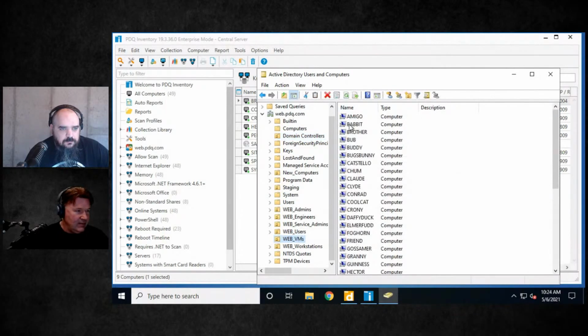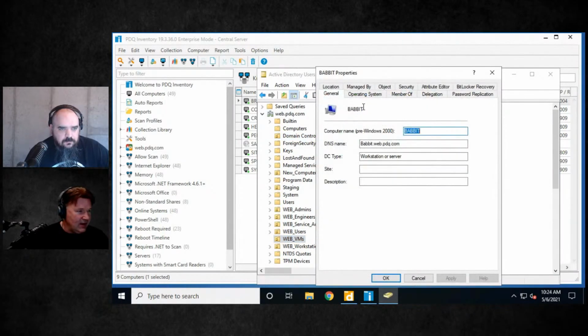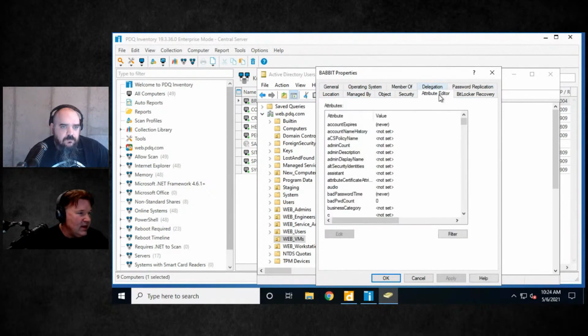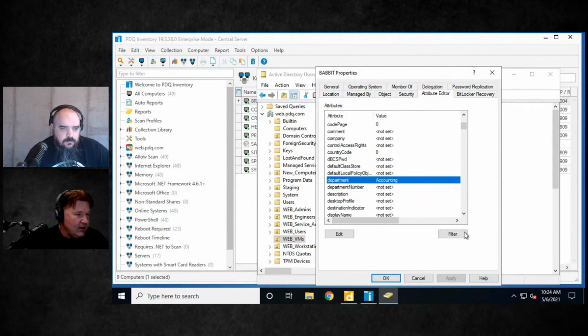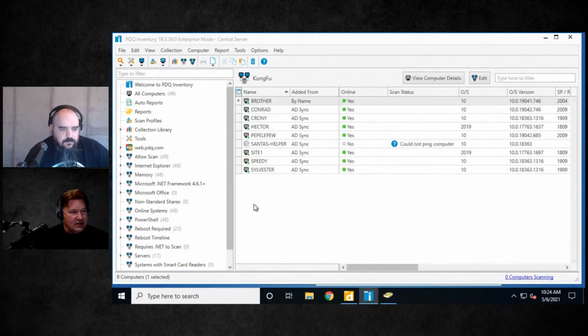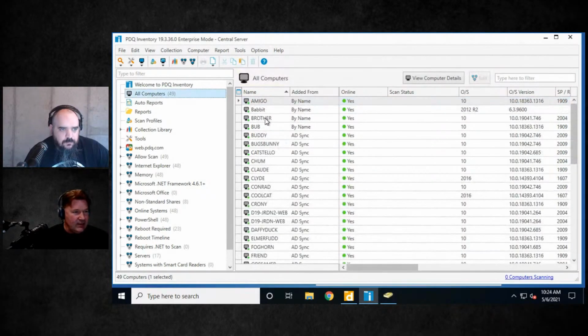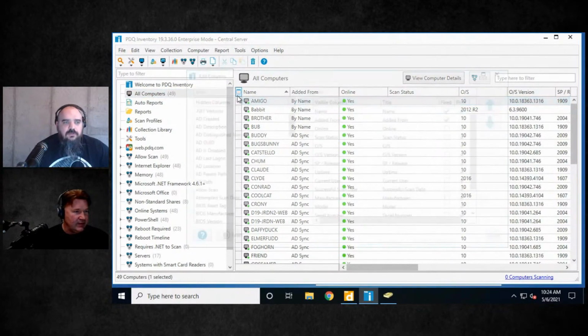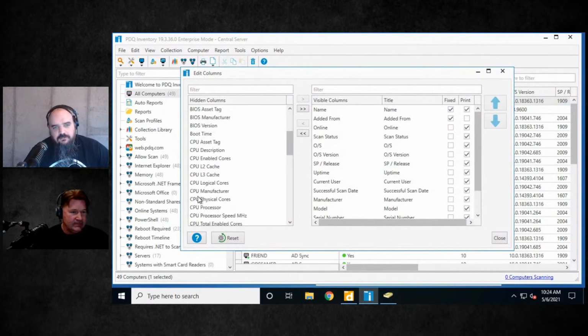All right. If we take a look at where department information is stored, Jordan? Attribute editor. So we're actually pulling that from the department attribute, boom, accounting. I removed the department from here, and that is not filled out by default in Active Directory.